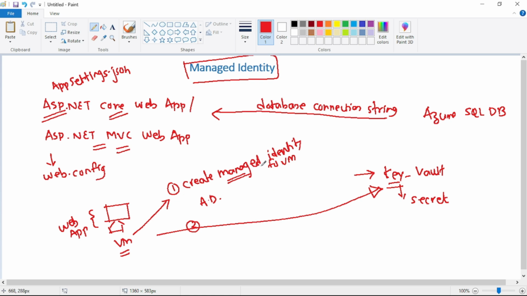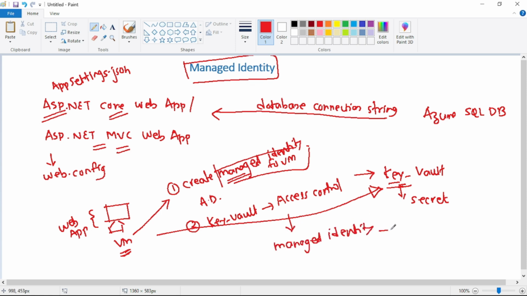So we have this managed identity which points to this VM, right? So we will go to this key vault and we will provide the required permission to this managed identity. So basically we will go to key vault, under access control, and we will select this managed identity and we will provide the required permission for that managed identity.